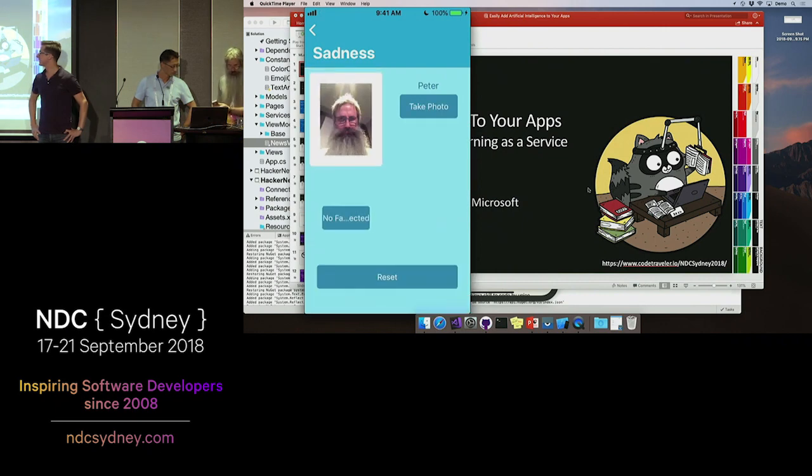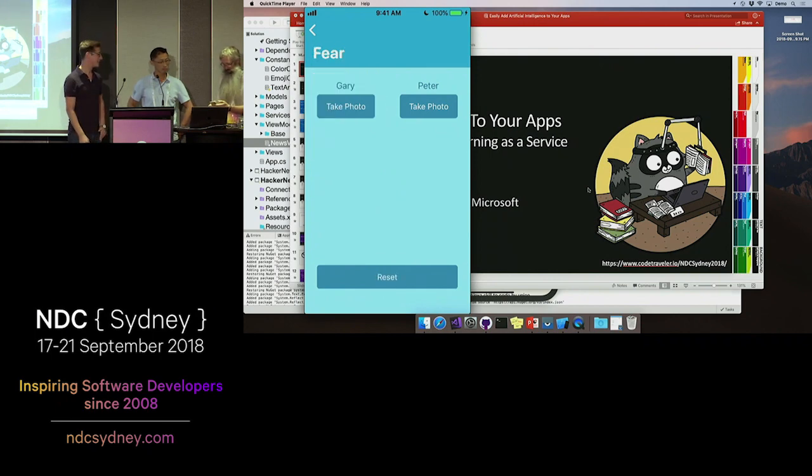Looking very concerned. I like it. Ooh, no face detected again. Do you want me to do it further away from my face? You might be right. It might be the beard. Might be looking for the jawline. But, I mean, it worked for the happy photo. So, yeah, let's give it one more shot.